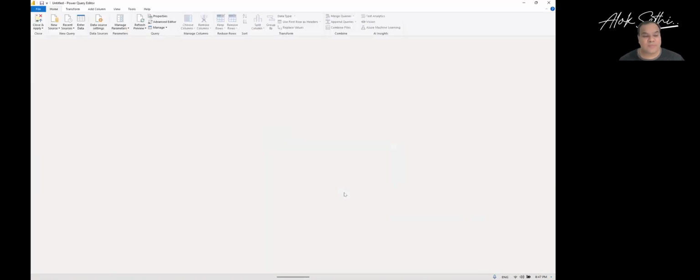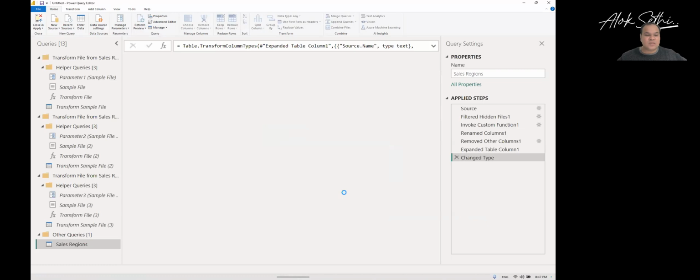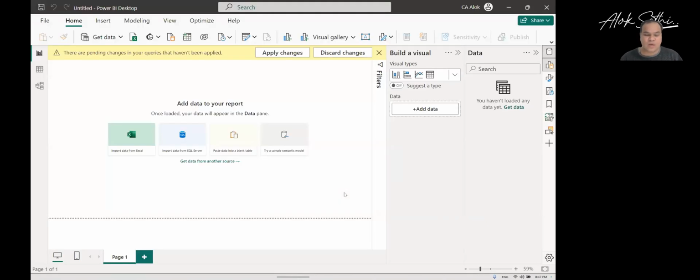So again, you see that the Power Query editor window has opened. And this editor is actually running some code. And based on the code, it is performing all the tasks. We are not required to learn that code. That is M language. But what you need to learn is how to